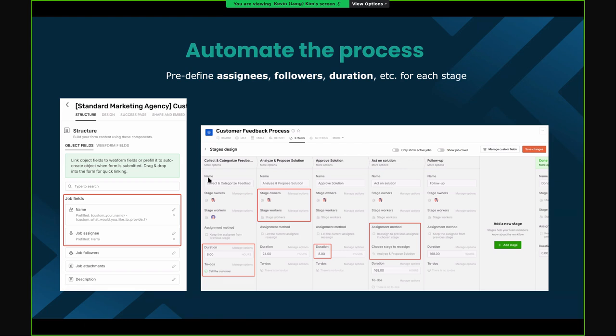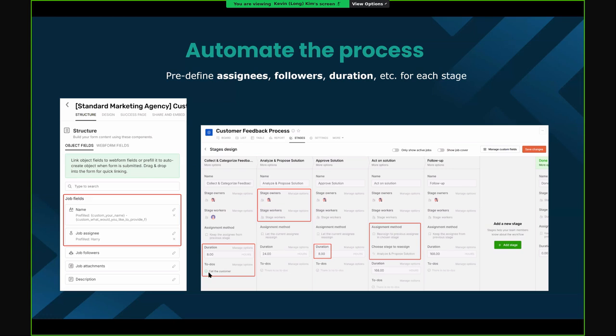So you can see here, for example, in the form, you can set up the form, and if you remember in the first stage, every card goes to Harry, right? Because I have configured in here the pre-filled job assignee as Harry. And you can set up all the stage workers and the stage owner of every stage, as well as the duration